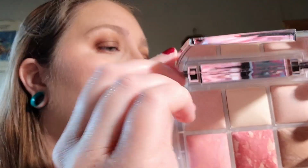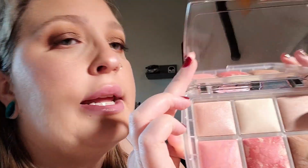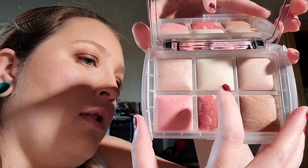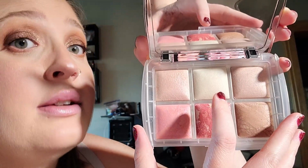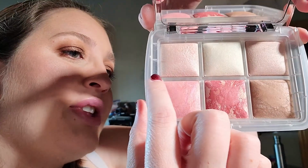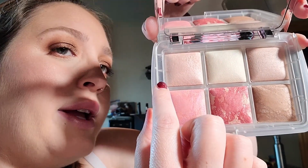But they came in. I got the light version, which is the one I'm about to show you. It's the Lighting Edit Ghost, and then I also have the medium version, which is the Lighting Edit Ghost Unlocked. So this is the Lighting Edit Ghost, and again, it has dim light as the finishing powder. I have a lot of the dim light finishing powder, and then it also has the diffused light again, so I have like a bunch of diffused light powders. The strobe powder and iridescent strobe light,